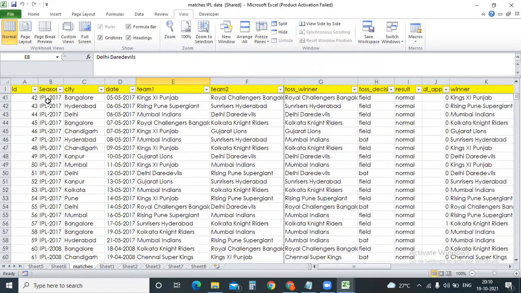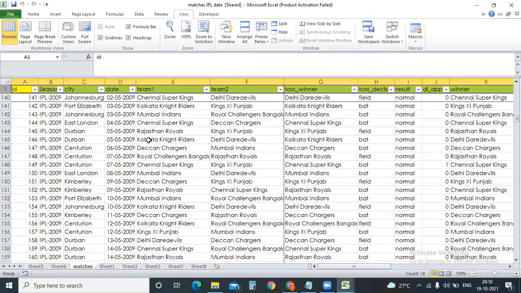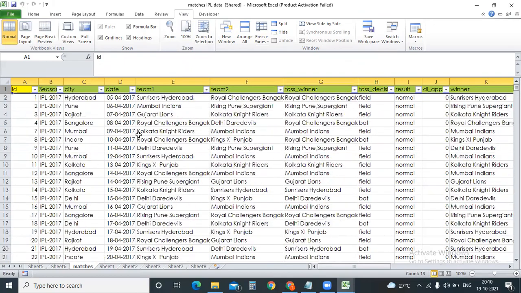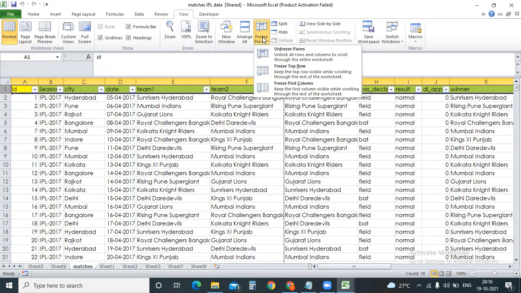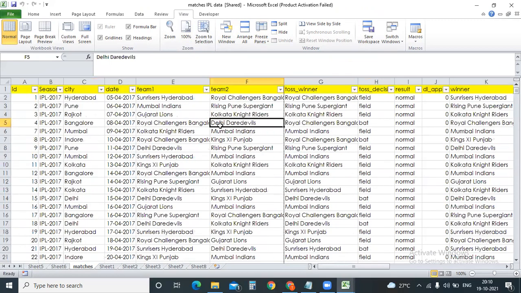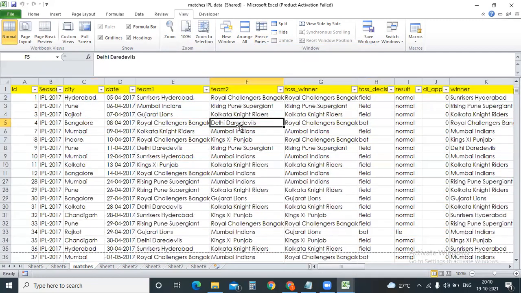Now if you scroll down, the top row will be frozen, right? Yes, are you able to see this? Yes, sir. Yeah, so that's about the freeze options. So if you want to freeze the panes, lock the rows and columns, scroll. I have just unfrozen it, just select the data, go to freeze panes. So this will be frozen.